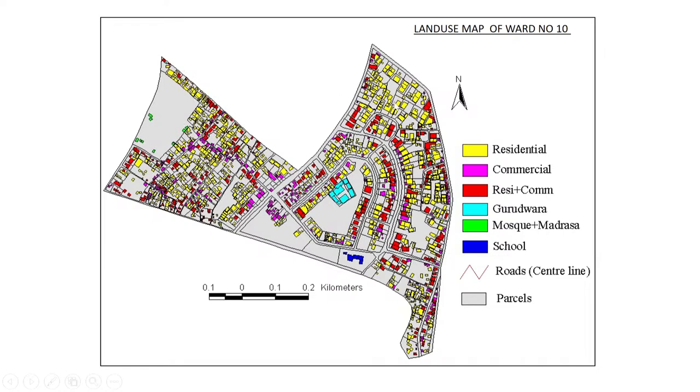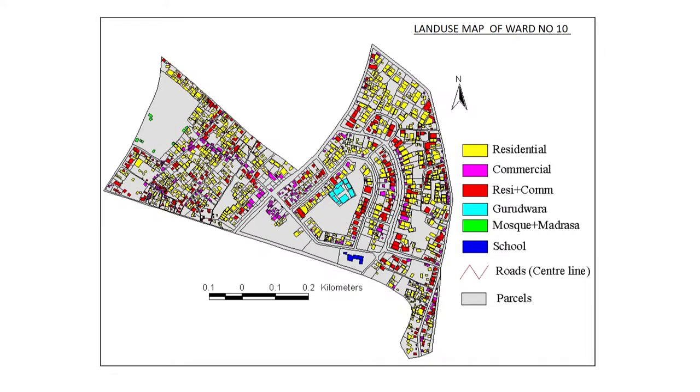So you see, using remote sensing, we first generated a footprint map, a map showing the outline of the buildings and the boundaries of the plots on which buildings are located. Then we generated a road map showing the major and the minor roads. These roads were classified based on the width, arterial road, sub-arterial road, and finally we went to the ground, and for each building we associated a land use. Land use means the activity that is going on in each building, human activity, residential, commercial, whatever is there. So now we have what is called a land use map of a particular ward in